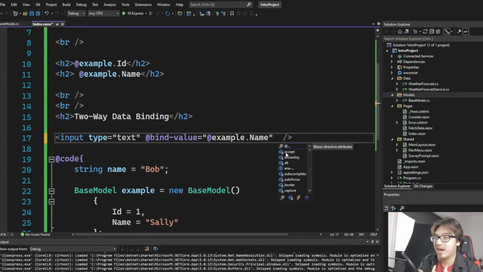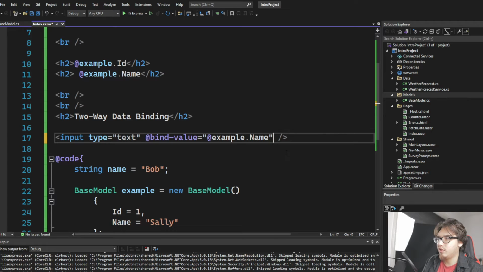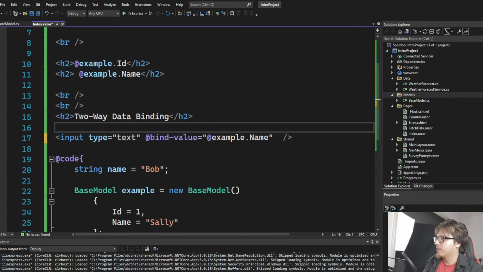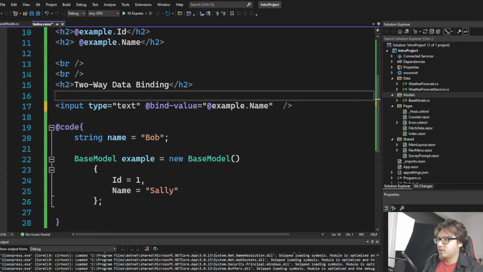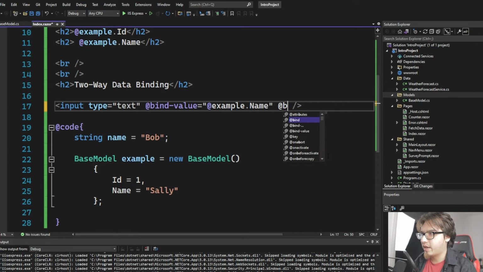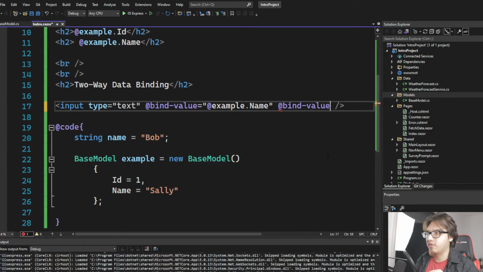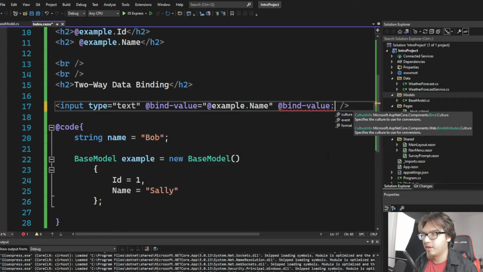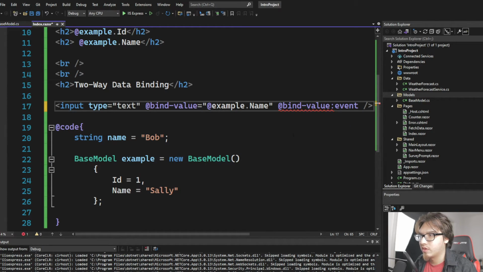So now let's actually bind these properties together so that when you change the input, you change what's happening here. So in this case, bind these two properties together so that when you change the input, you change the Sally as well. The way you do that is by adding @bind-value, then you put the colon. And then it's going to recommend you some things. What you want is the event, though. You want an event. Event equals